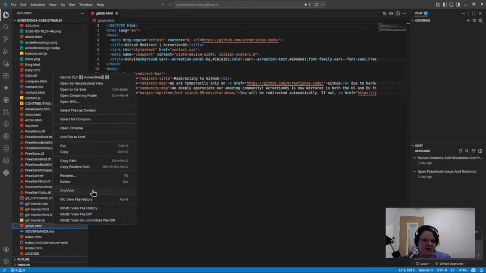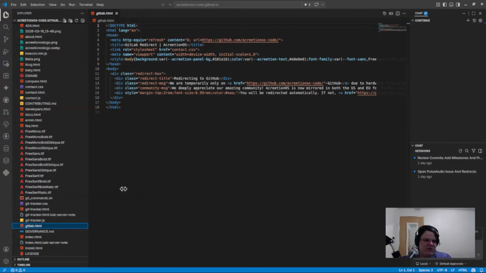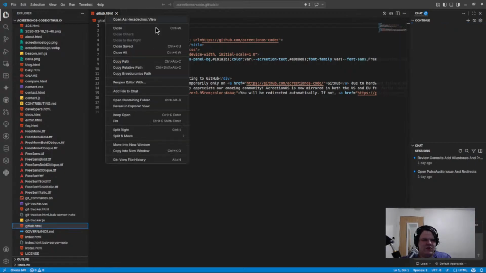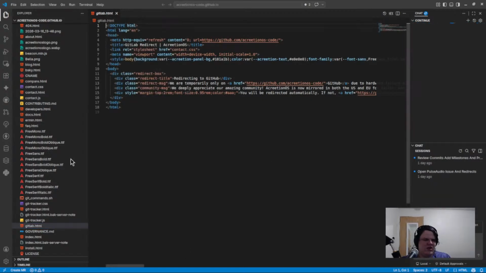No. I don't believe it's any view, but it may be. Let's see. There has to be. It's not what I want. Oh god, how do I not have an HTML previewer here?